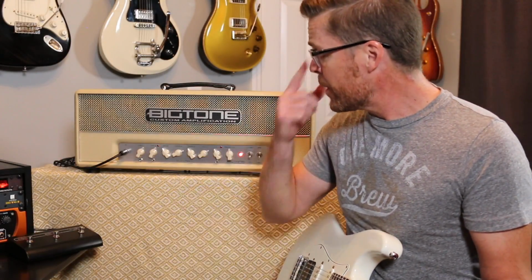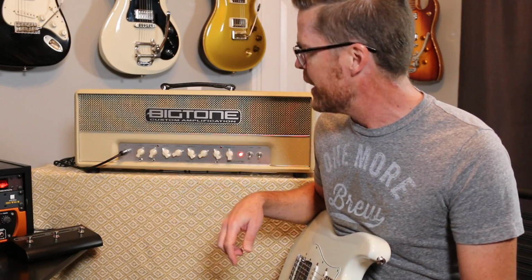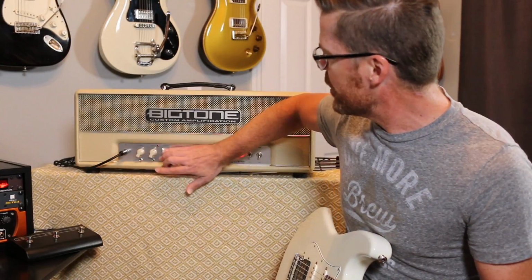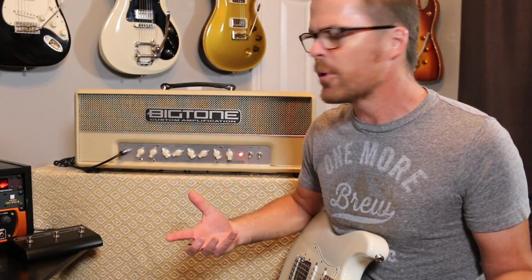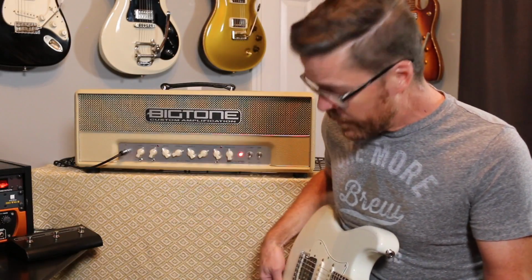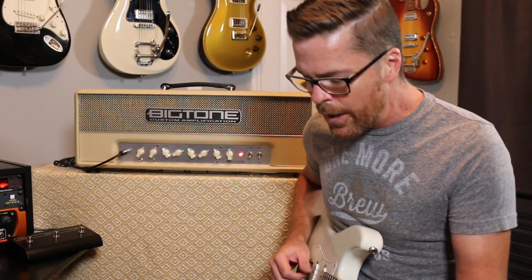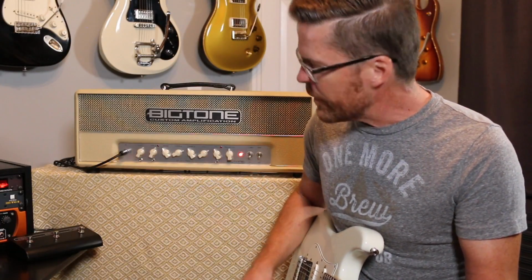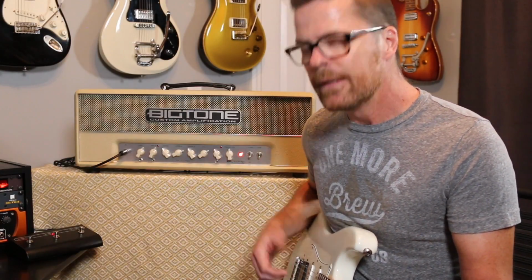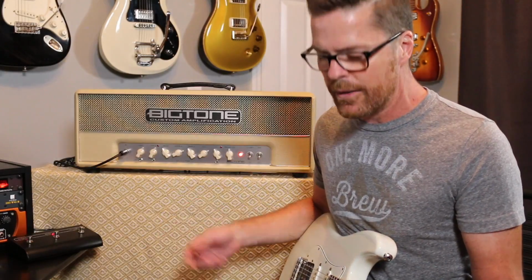So it's really pretty versatile as a live amp. Like I said, you essentially have 4 different gain stages. And if you set it up proper with these switches, even though you're on a shared EQ, you can pretty much get what you want. Now, one step further, in channel 1, we've got 1 gain stage. Turn on the boost, second gain stage,